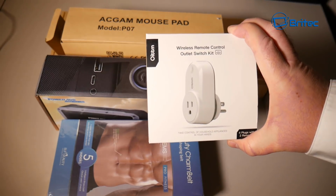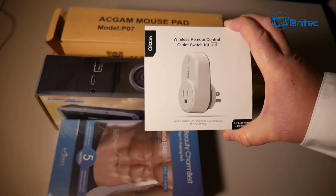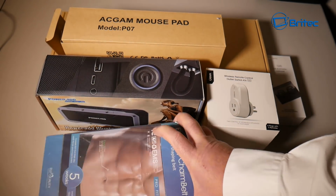We've also got the wireless remote control outlet switch kit. This comes with 4 plugs with 2 remotes, and this allows you to turn lights on and off. You can plug them into a lamp, whatever you want to plug in, you can power it on and off